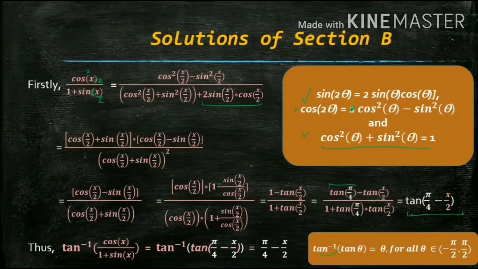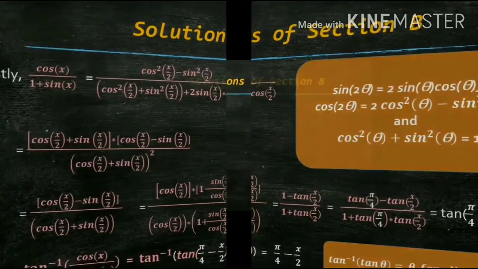Okay, so these are the two methods I have told you. In the first one, we first converted in sine 90 minus theta and cos 90 minus theta. In the second one, I directly apply these three properties and solve it. Whichever method is convenient to you or suits you, you can use that. In case of any further doubt, please mention it in the comment section. Let's move to the next question.